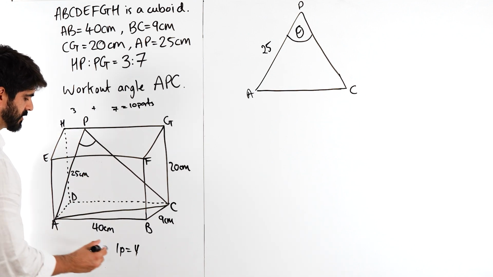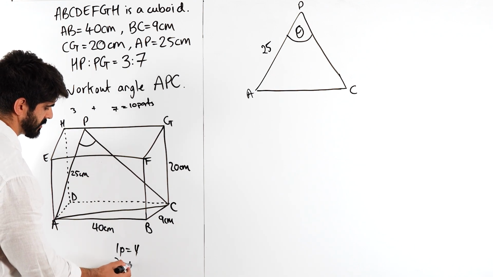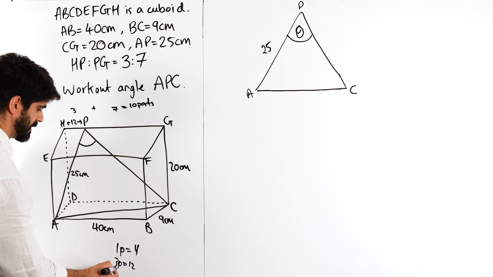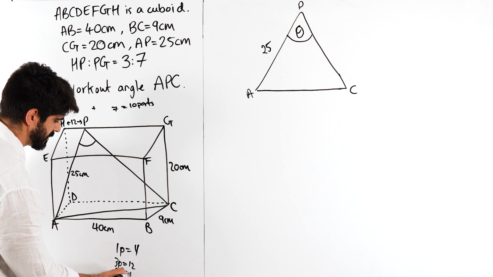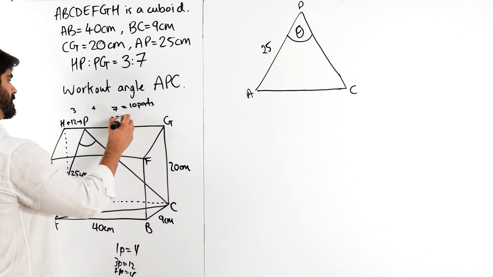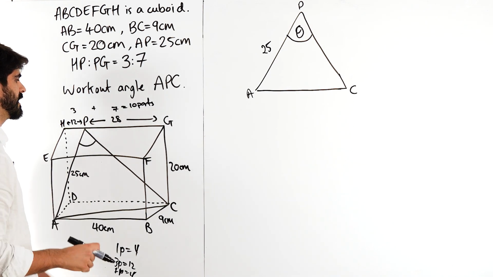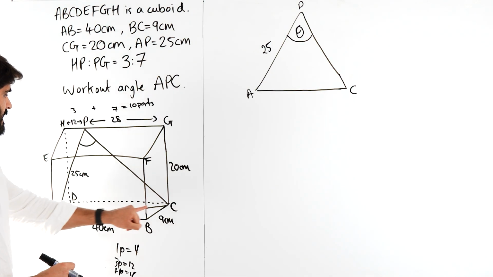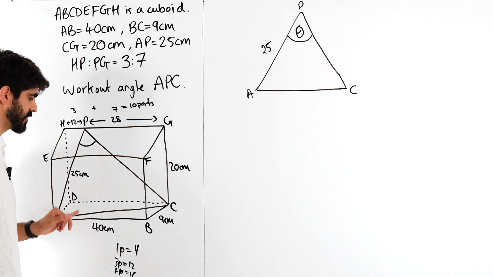So 3 parts is 12. So this here is 12. And 7 parts is 28. Okay, where that's useful we'll see in a bit. Now I can work out AC really easily. Because this is a cuboid,